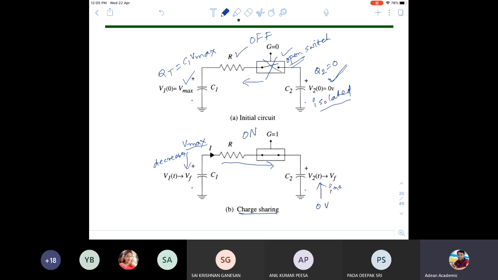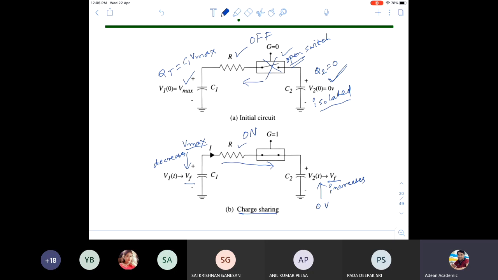V0 increases to Vf. So both the capacitors will hold Vf, equal voltage. Then this switch is there, right? This will be having internal resistance R. Here also resistance R is there, but it is open circuit, means that is of no use. Here resistance is there, R.